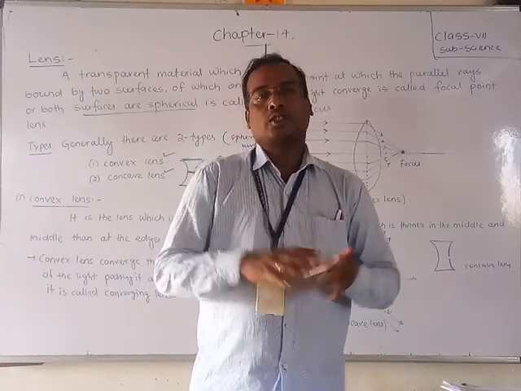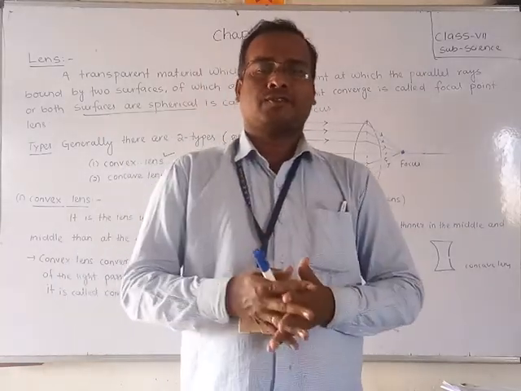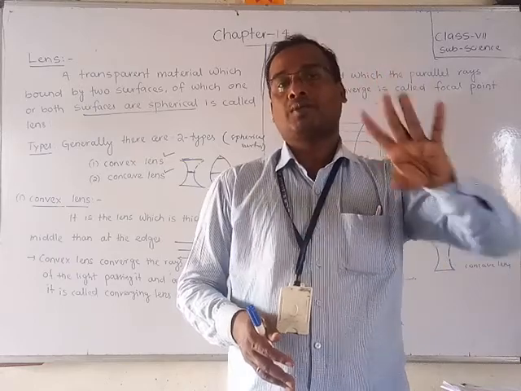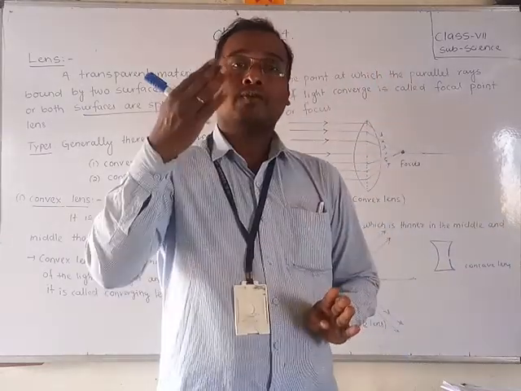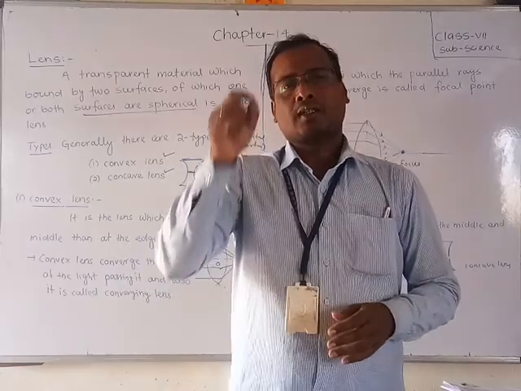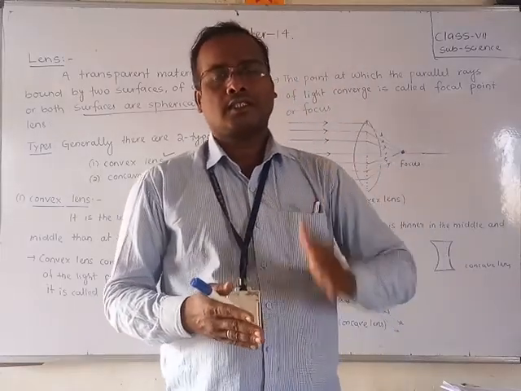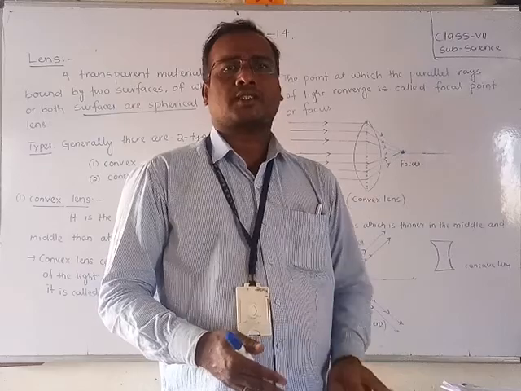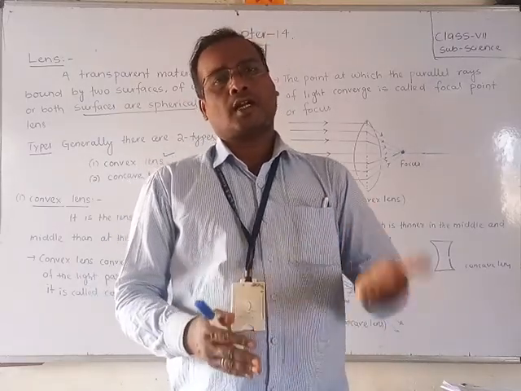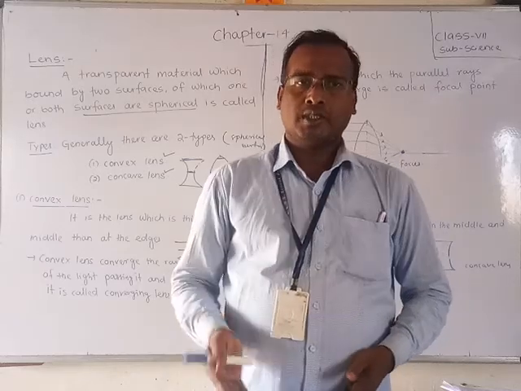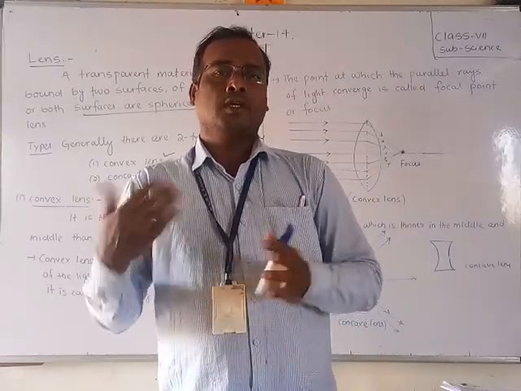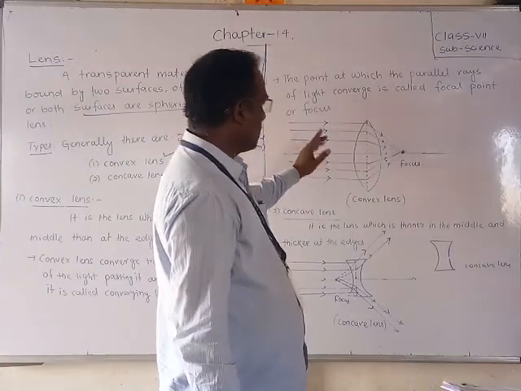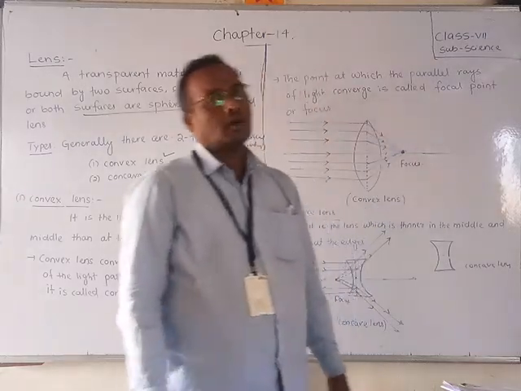Students, one thing I will remind you. In the convex lens, for the ray diagrams there are the same six object positions, as you have studied in the concave mirror: at infinity, beyond C, at C, between C and F, at F, and between P and F. In the lens you will get the same image positions, but the difference is that in a mirror the image forms on the same side, whereas in a lens the image forms on the opposite side of the object.